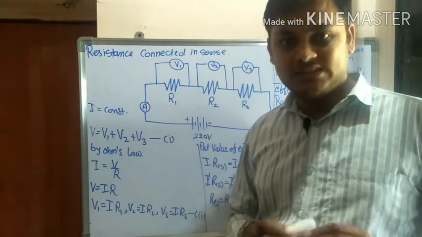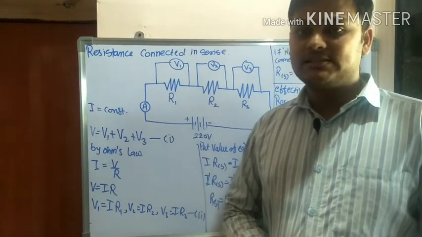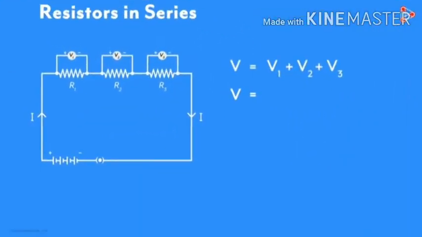Now we are going to see in the animation, and afterwards we are going to take some numerical based on resistance connected in series. Students, now we are going to see this phenomenon in series or animation way. As you know, voltage remains constant. That's the reason by Ohm's law voltage is equal to current into resistance. So here three resistance we have used, R1, R2, R3. So these three resistors we have to connect in series. So R1, as you can see, connected to voltage V1, current I remains constant. So that's the reason the current flow through the circuit remains constant.